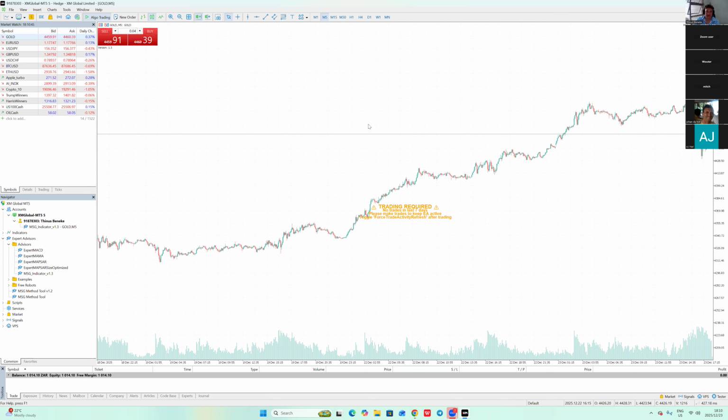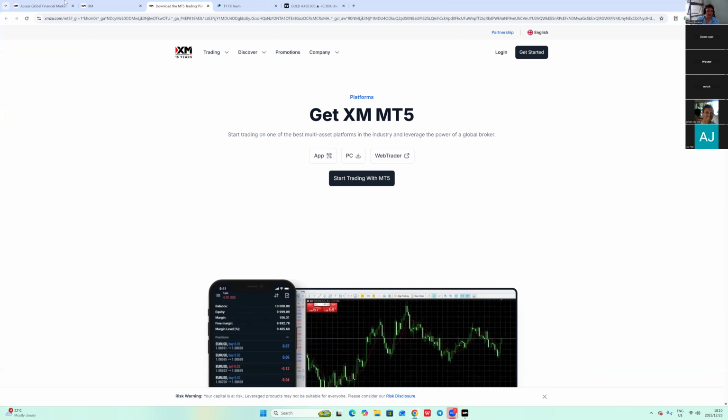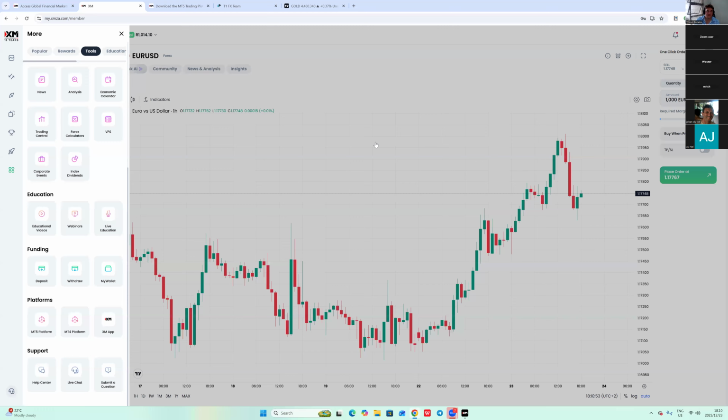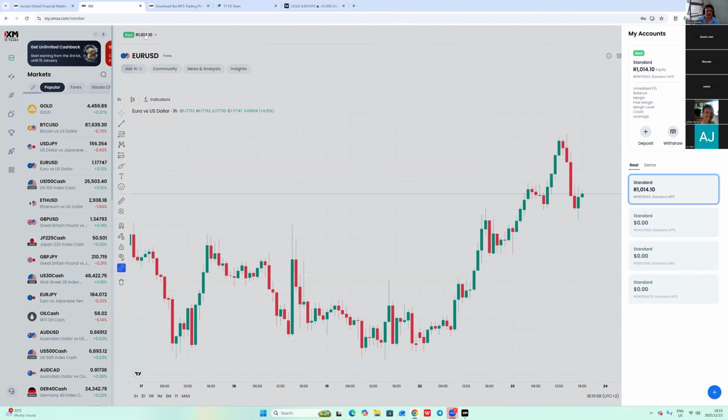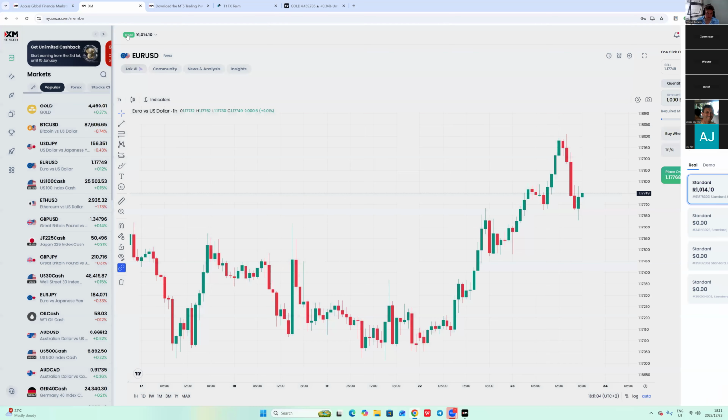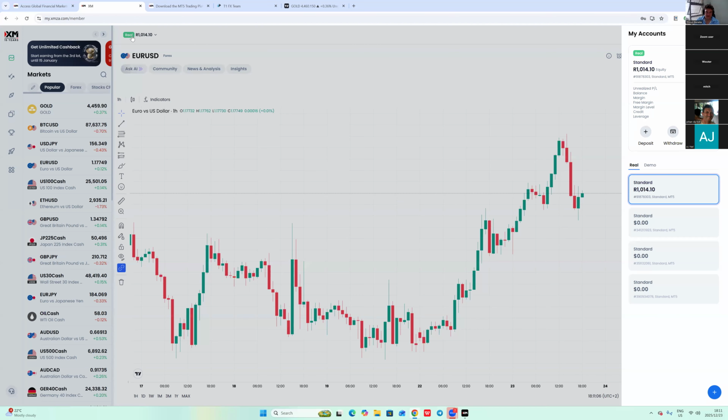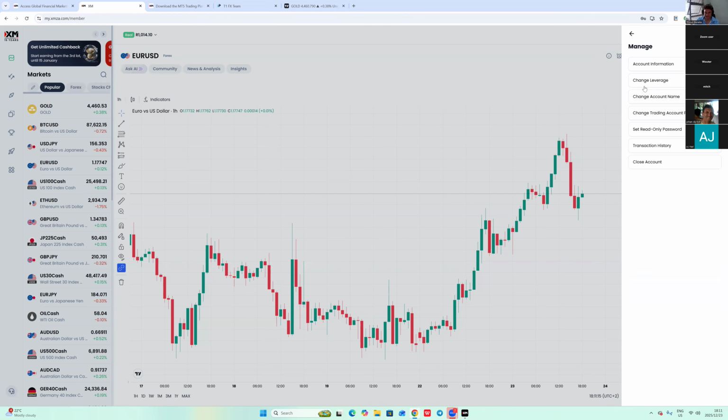I've logged in already. Let me just show you another thing on XM itself. When you log in, you need the right server to log in, otherwise you won't be able to log in. So here, when you click on your account balance on the top left, it shows the money you have in, or 0.00 if you have 0 Rand in. Here it says you can deposit and you can withdraw your money. Now here it says manage. You click on manage, and then you say account information. And here are your details.